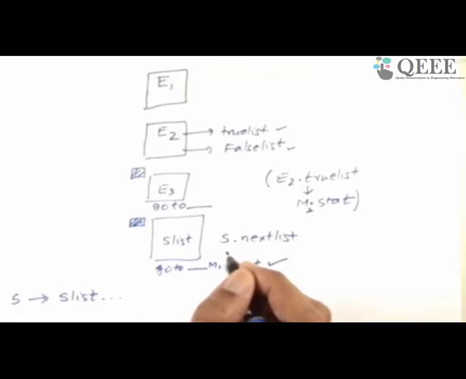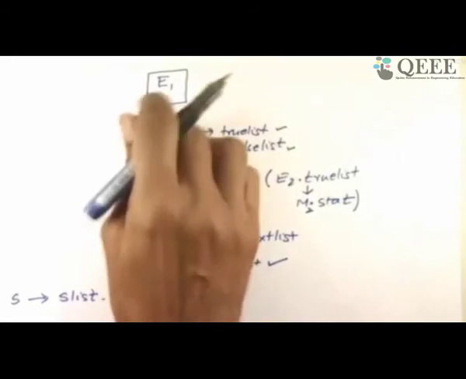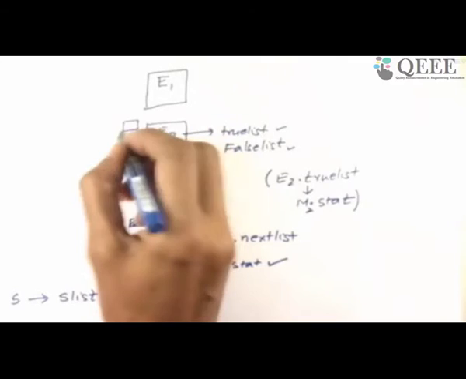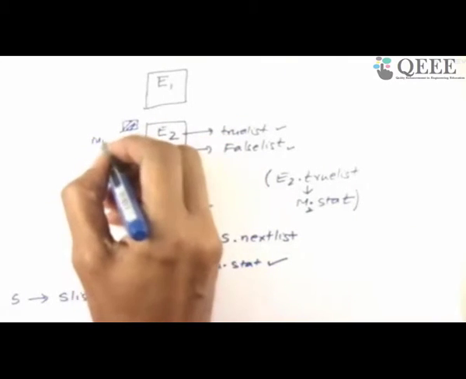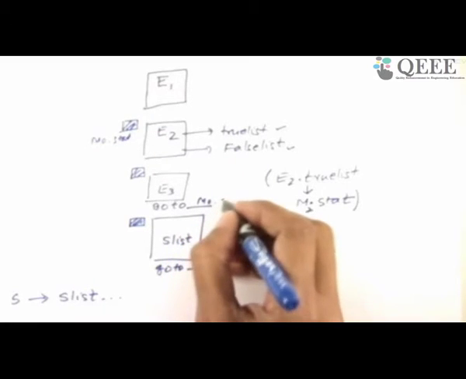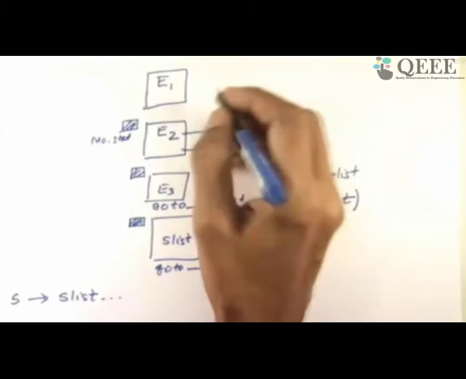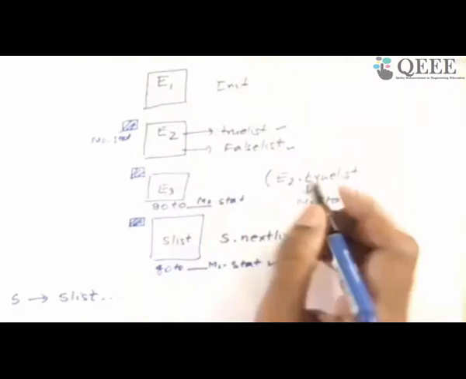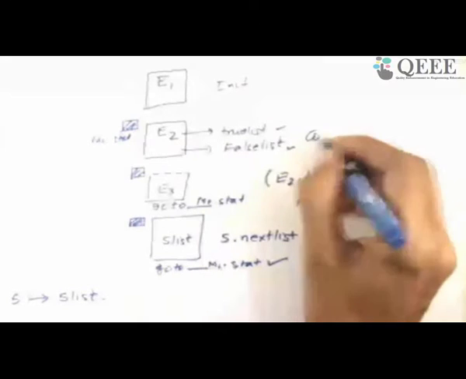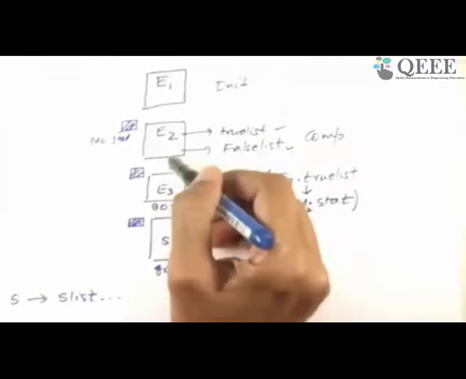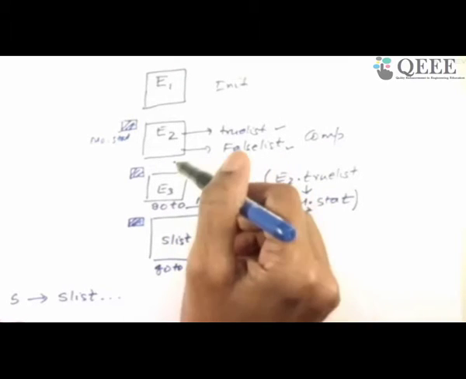To the evaluation of the Boolean condition, which is E2. So I have to note down this also. Let me call it m0 dot stat, the number is not important. And this should go to this m0 dot stat. So look at the spaghetti-like code. This is the initialization, so I do it first. After initialization, I do the comparison. Do I enter the loop or not? So I'm doing it without any goto straight away. After doing this, I'm also doing